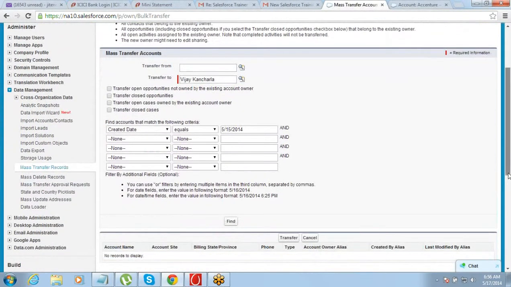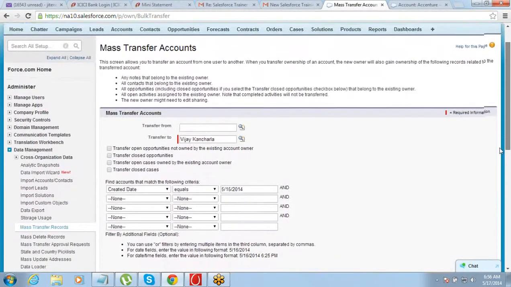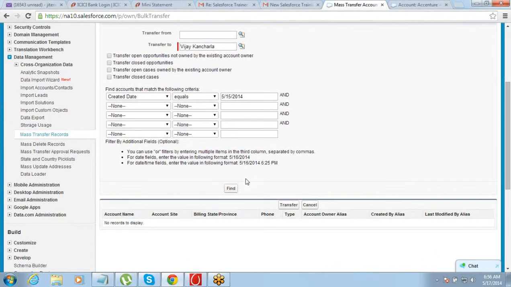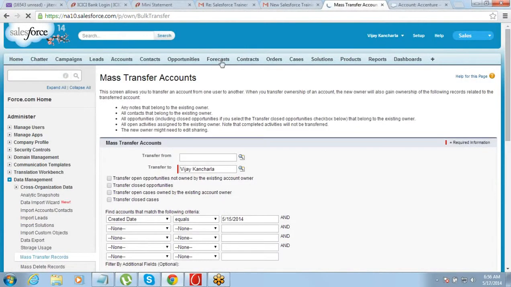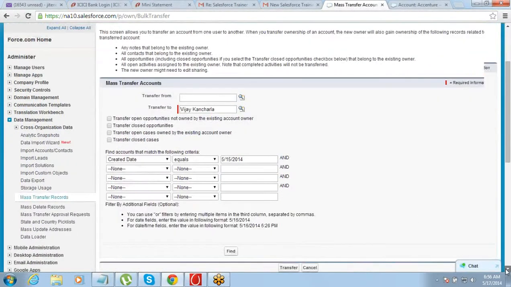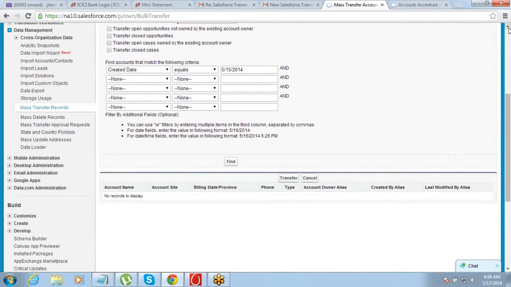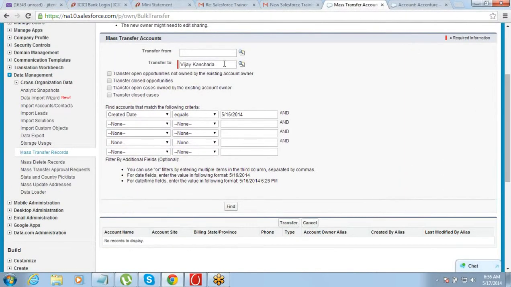We are transferring accounts, right? Okay. Did it not throw some result here? Yeah, because we are not selecting a different owner, so there are no records for which this guy is not the owner. He is already the owner.